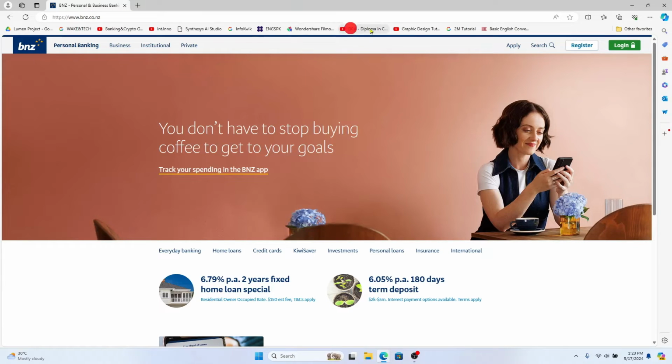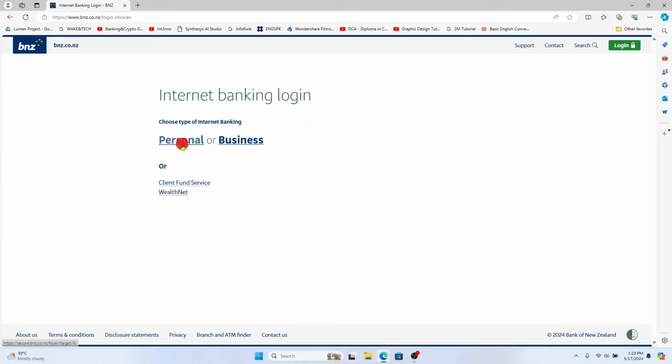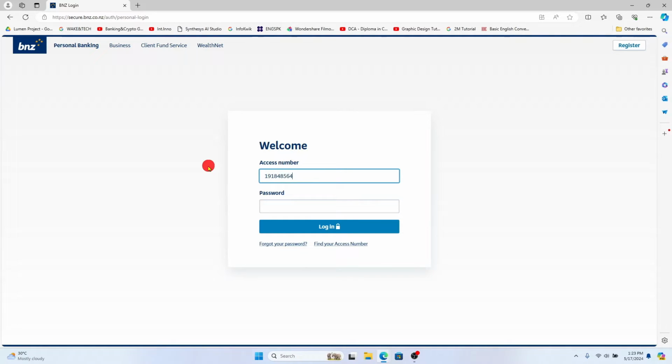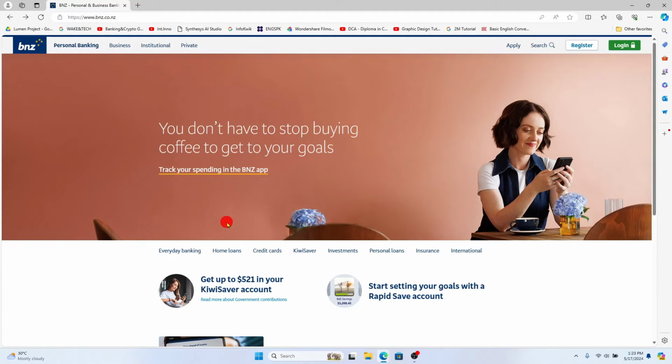Now from the homepage, click on the login button at the top right corner and then choose from personal or business. You will then be asked to enter your credentials. Go ahead and type in your access number within the prompted box and then type in your password underneath within the password section. You can then click on the login button and you will be logged into your BNZ Bank